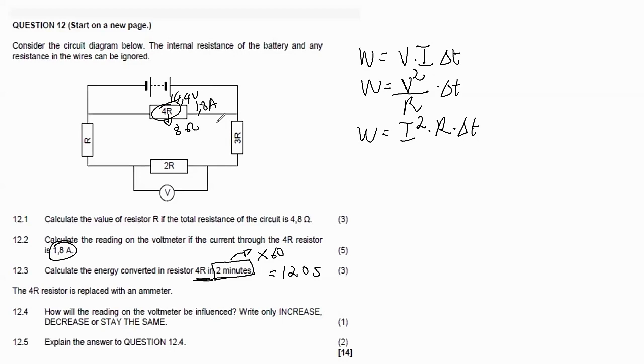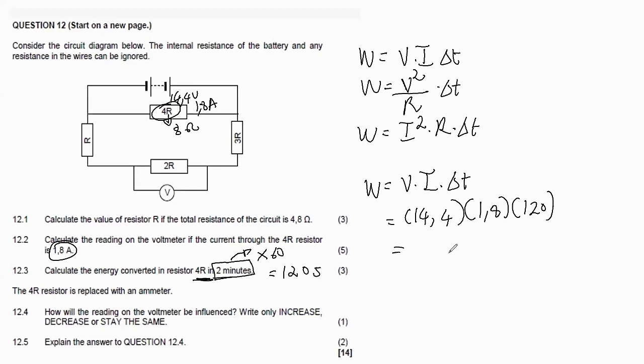We have the voltage, we have the current, and then we also have the resistance, meaning we can choose any other formula there to use. So if we go with the first formula, that's W is equal to V multiplied by I multiplied by delta T. Our voltage is 14.4. Then our current is 1.8. Then our delta time has to be 120, right? Now, if you multiply all of that, that's